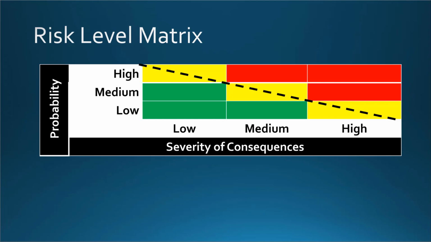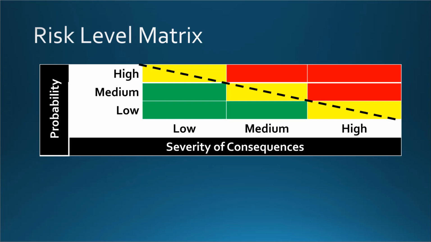If we map this out with probability along the left axis and severity of consequences along the bottom axis, and if we take a really simple metric of low, medium, and high for each of those, what you'll see is that when things are in the green zone, then our level of risk is pretty low, pretty manageable. As it starts to move into that yellow zone, now we're moving into some potential either greater severity or greater